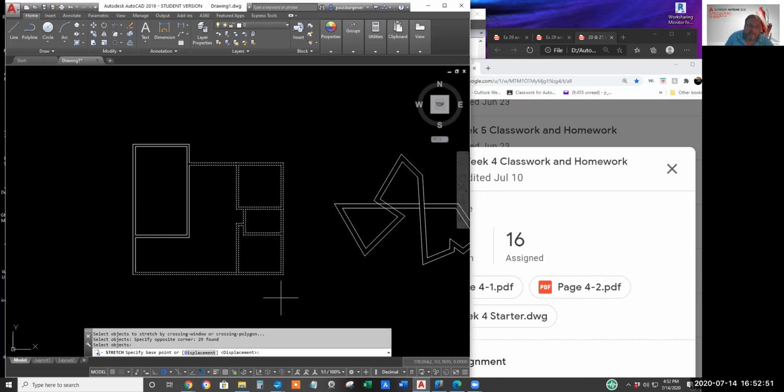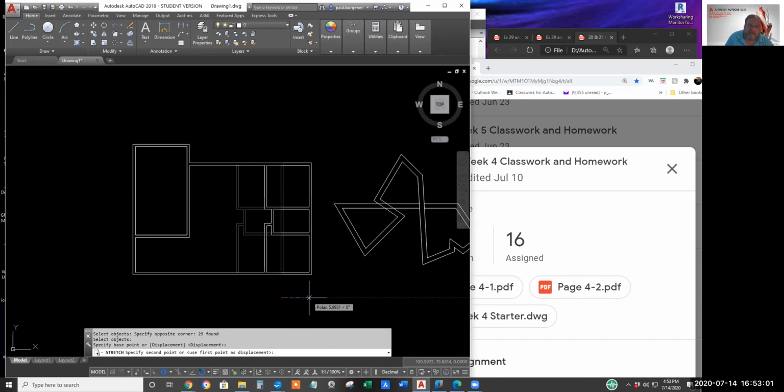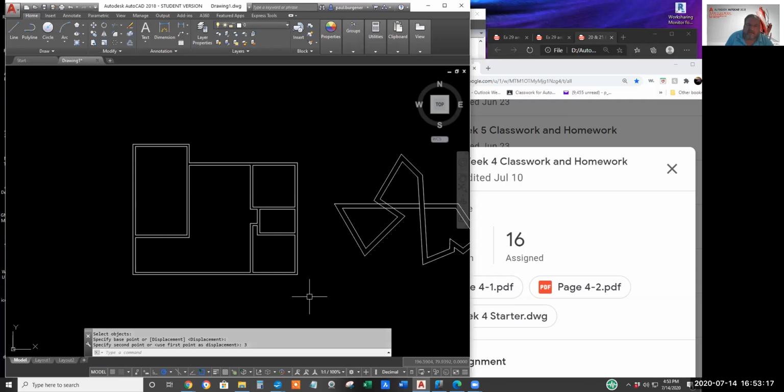Pick a point to then start the stretch procedure, kind of sort of like the move or copy process. Taking advantage of polar tracking, I'll keep my cursor pointed straight to the right and type the distance that I want to stretch those 4 lines I crossed and moved all those lines that were totally enclosed. And that gave us an extra 3 feet of width on the, whatever you call this, dining room, living room.